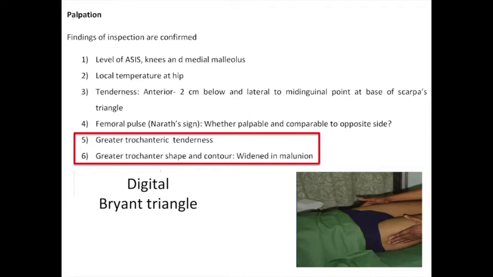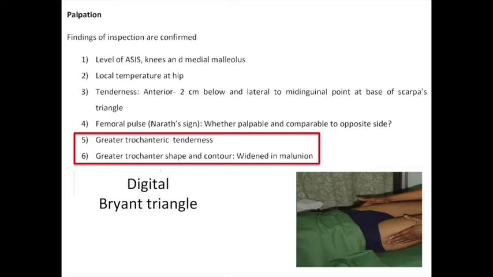And once you've done that, you start looking at the other features. The first thing would be tenderness. As I told, if the patient is between 3 to 6 weeks, the patient could still be tender. And if it is not tender, you know that it's a very well consolidated malunion. You need to palpate the surface. There would be irregularity of the surface in a classical trochanteric fracture.